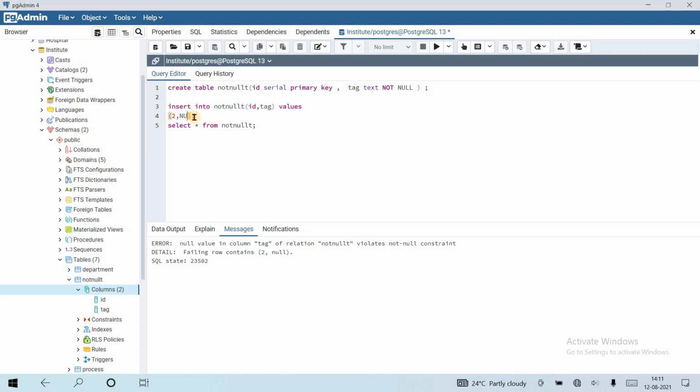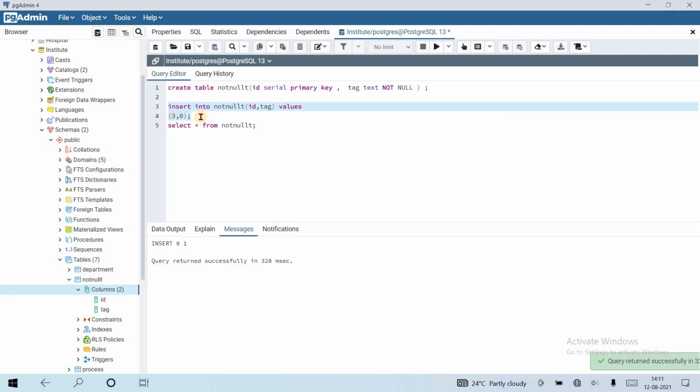Here, if I try to insert a 0, it gives me an error that this is a text and you are inserting an integer. This is the same as null, so if I give it in quotes, it is now text and we can insert 0. Yes, it is inserted.